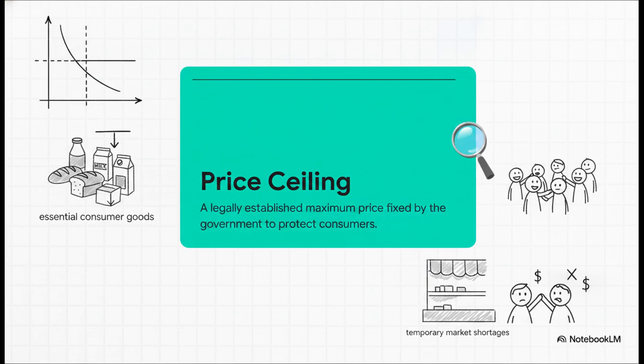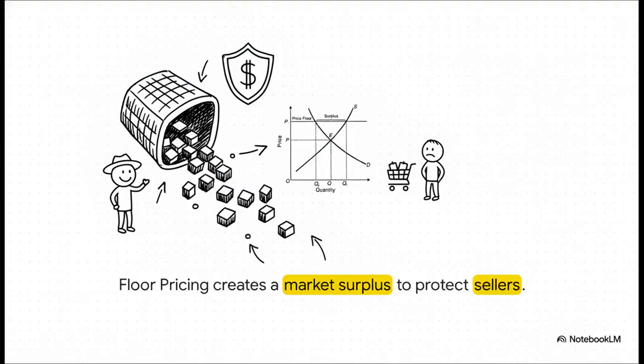They literally draw a hard, legal line, forcibly capping the cost below that natural equilibrium we talked about earlier, just to protect everyday buyers. It's an absolute lifeline for consumers, though to be fair, it often leads to temporary shortages since producers aren't super thrilled to supply goods at that artificially lower price. But what if the government wants to protect the sellers instead? Well, then they set up a price floor.